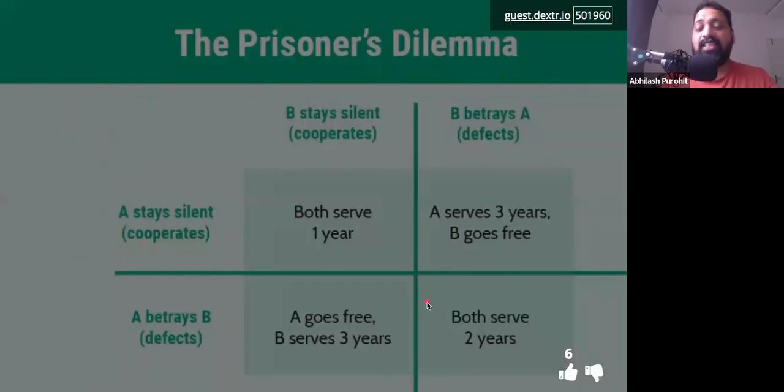So this is the decision paradox that we arrive at, where if you both had cooperated as a team, you would have served a total of 2 years. But if you apply logic to this, if you do not trust each other, if you do not depend on each other, while individually it is your best bet to betray each other, as a team you will both serve 4 years in jail.